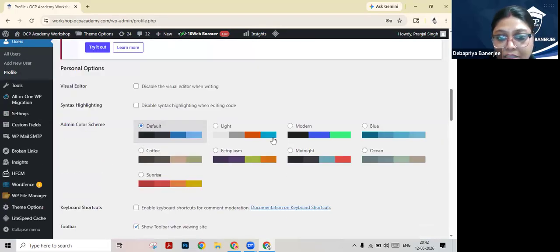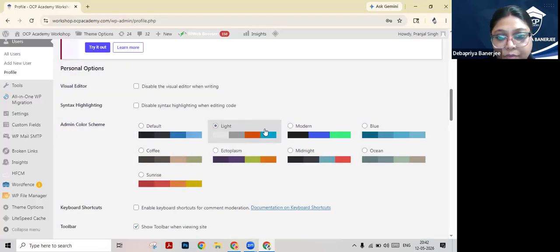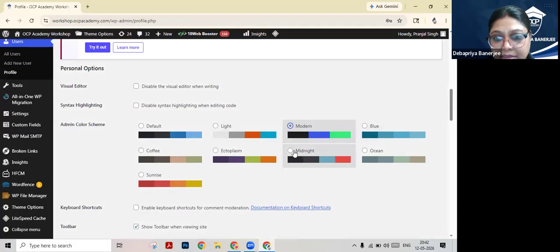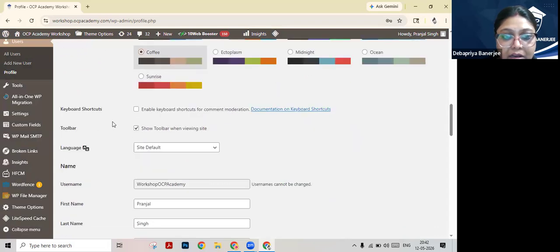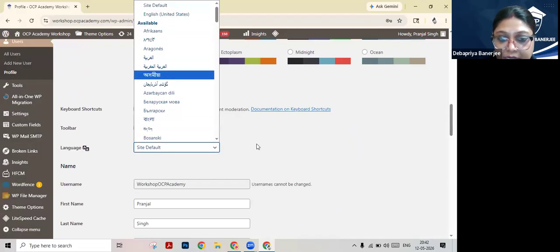We can change the theme color like this. You can choose any one of them. Then you can show the toolbar if you want to, and if you want to remove it, you can remove it. The language is default language, obviously English.